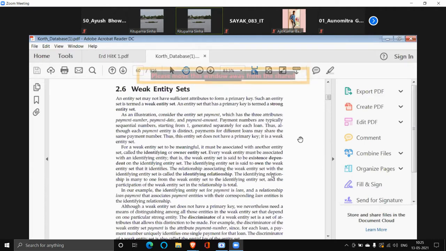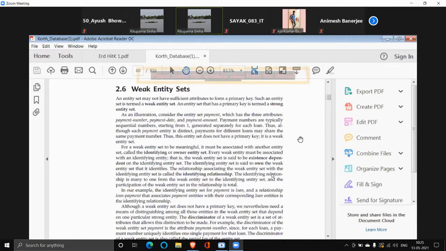If I consider payment against loan, then I will say payment depends on the loan entity set. In other words, the entity set with which the weak entity set is associated is known as an owner entity set or identifying entity set. So loan will be your identifying entity set or owner entity set, and payment will be the weak entity set.